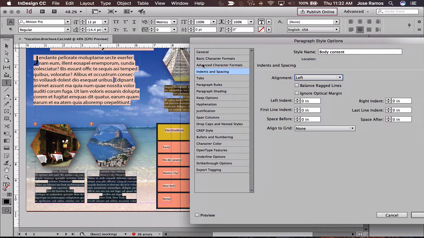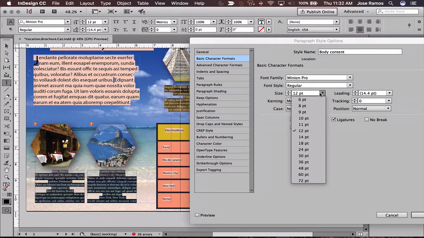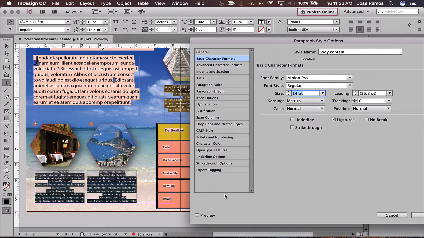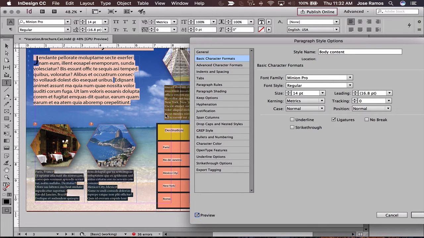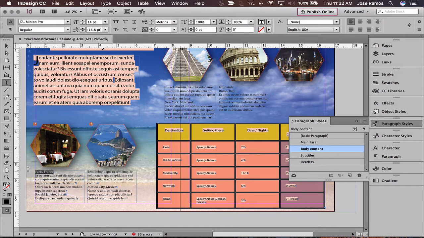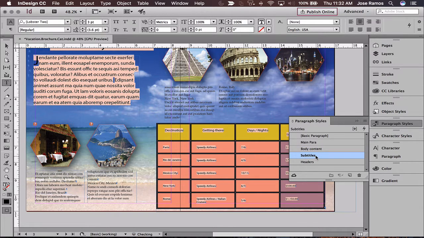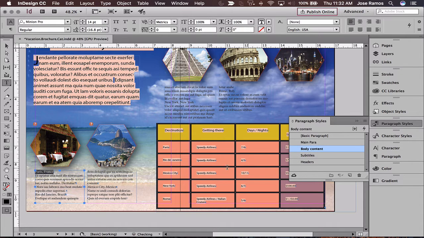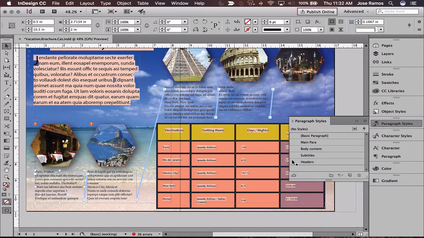And I'm going to actually make these 14 points. Okay, preview. And that looks much better, okay? And another thing I need to do is assign subtitles. So this is a subtitle. Ooh, too small. So you know what? I'm going to just delete the subtitle